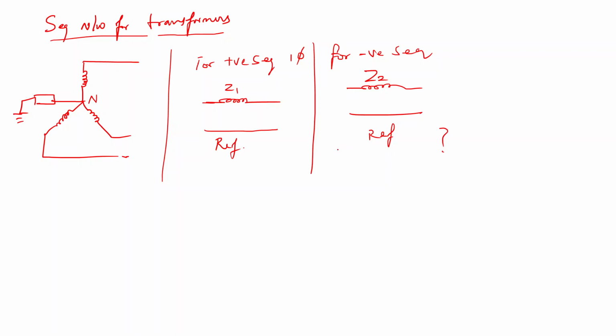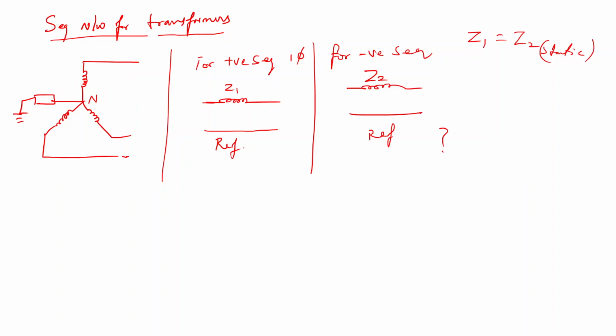So is it because resistance and magnetizing are ignored in the transformer? Also, yeah, that is correct. But I didn't go that much deep. But your reason is correct. But one statement also I have given: straight away they have given something like Z1 is equal to Z2 for static. Correct or not? So I don't want to modify my Z2, especially for the static device. So I will take the same thing and tell for negative sequence also I am getting the same value. It is as simple as possible.